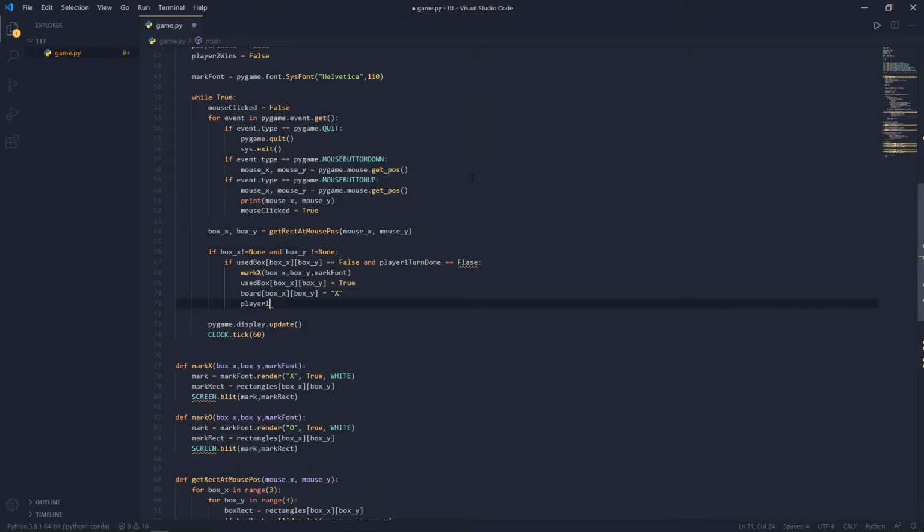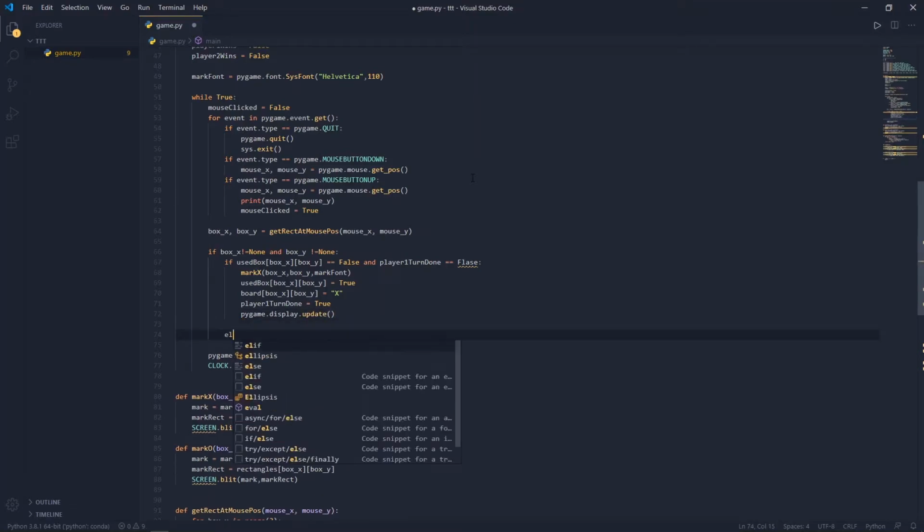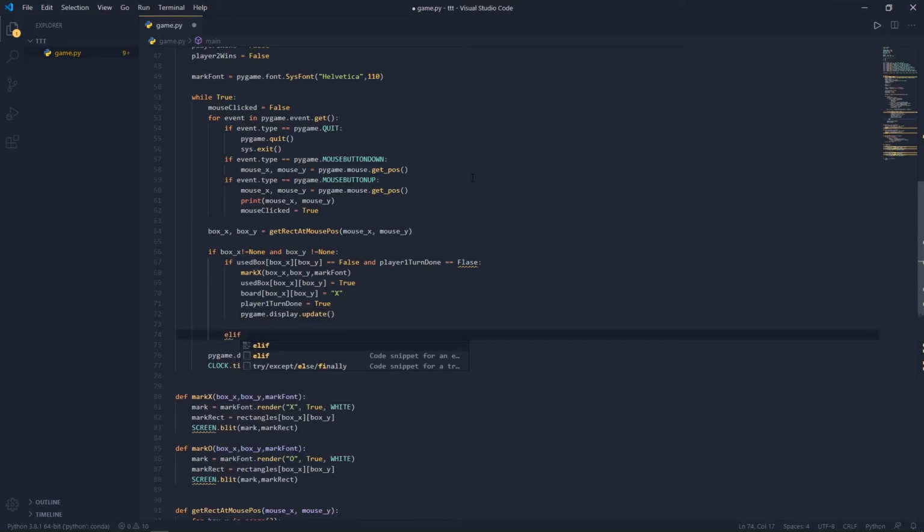Player 1 turned on equal to true, because he has played his chance, and then we will simply update the display. So for that, pygame.display.update. And similarly we have to make an elif condition. So here we can say that player 1 turned on is equal to false,